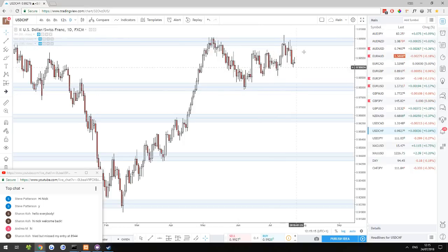USDCHF dropped away from this resistance area. I think some of you were in short. Dominus. Oh no, that was posted on the 16th of July. Oh no, so yeah, that was short from this resistance area here. But yeah, that trade seems to be over. I'm looking at the forum right now.